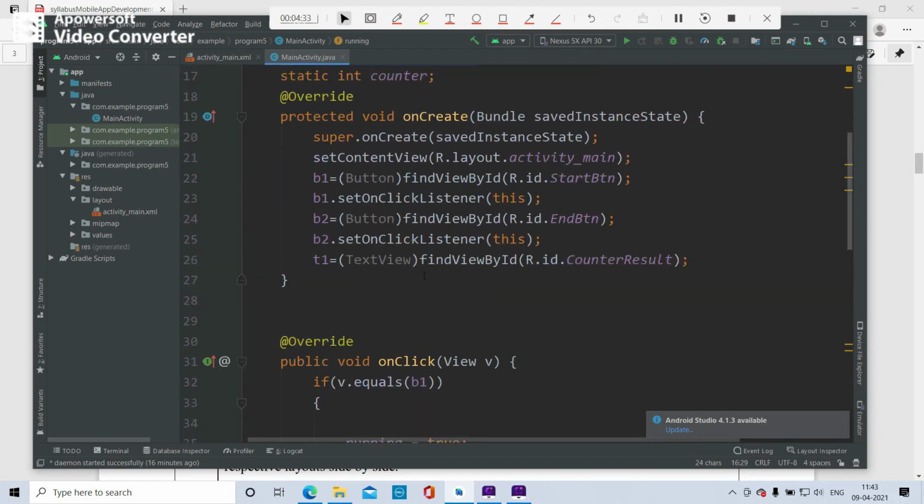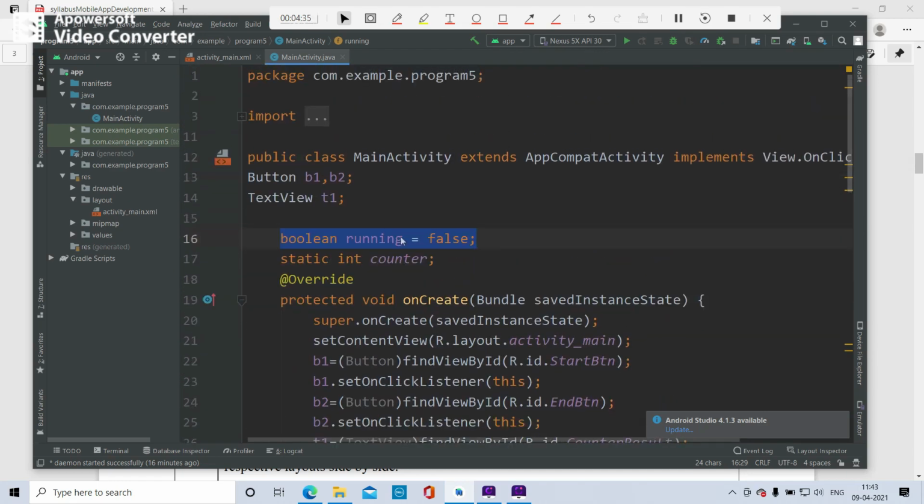Before starting the counter, the boolean running is false. Once you create the counter, running becomes true. The counter is a static variable, because the counter needs to keep on counting from value 1 to any last value.